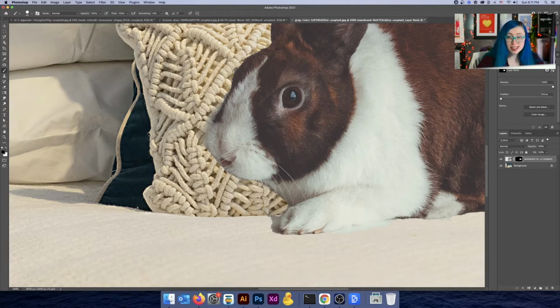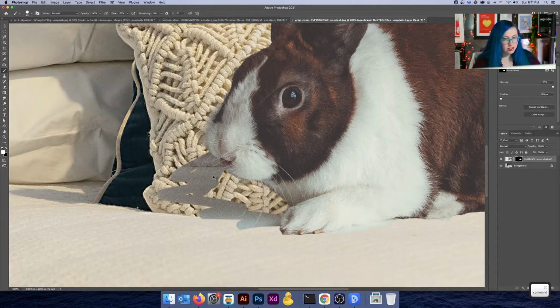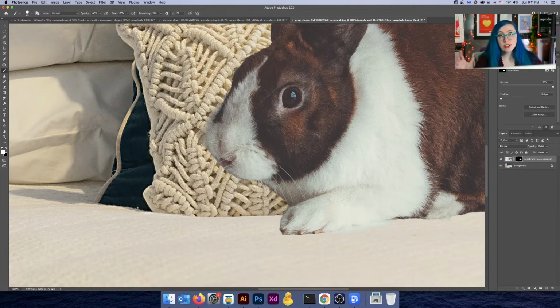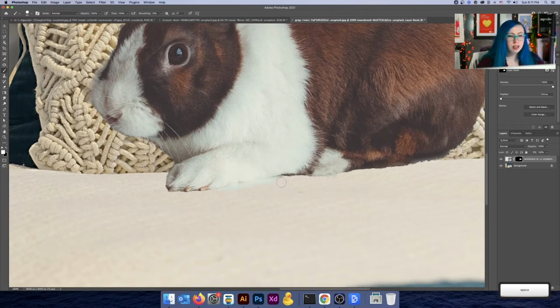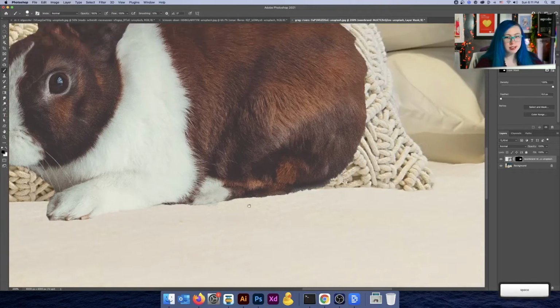And it looks just like I'm erasing this, right? But here's the kicker. If I ever want to get it back, I switch back to white and I brush it back in, and there you go. There's that rabbit image. It's coming back. I'm not actually erasing it. This is called non-destructive editing, and it's a really important tool in Photoshop, especially with photo manipulation, so that you don't lose data that you might want later on when you go to refine things.